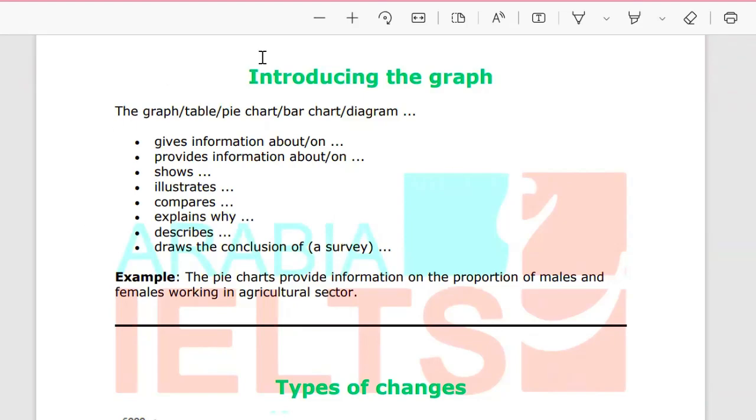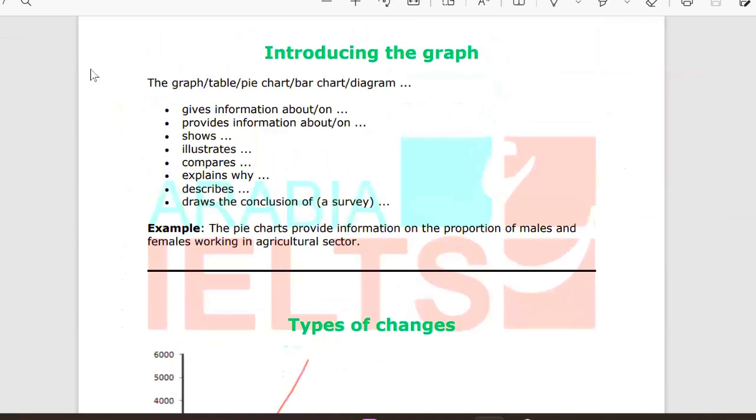So the next point is how to describe diagrams and other visuals. To describe diagrams or any other type of graphs as clearly as possible, you should name each visual element. So, for example,